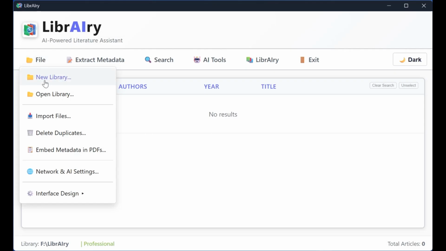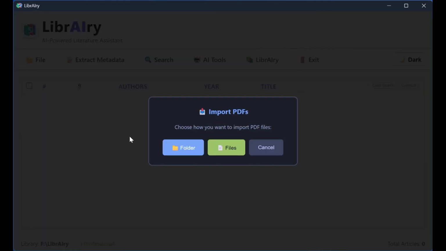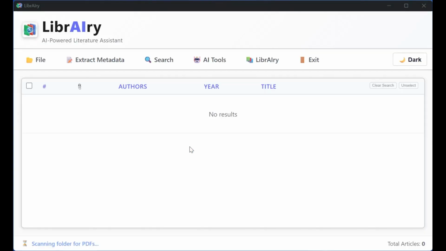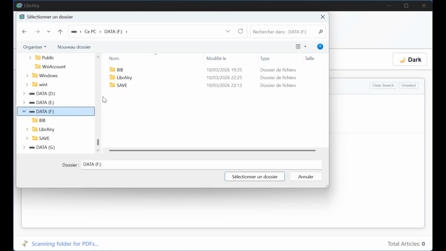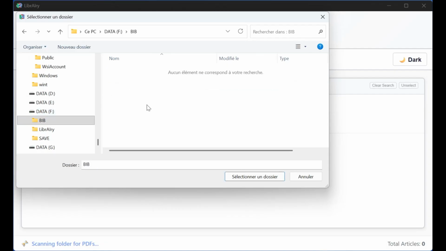Now let's add some papers. Click File, then Import Files. Navigate to a folder containing your PDFs. You can select individual files by clicking them, or select multiple using Control-click or Command-click on Mac. To select all, use Control-A. Click Open, and